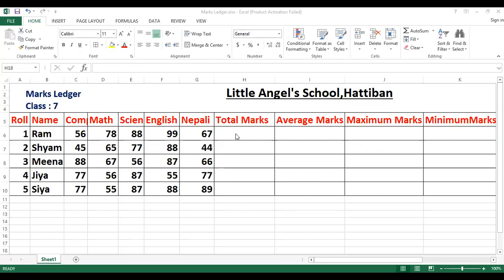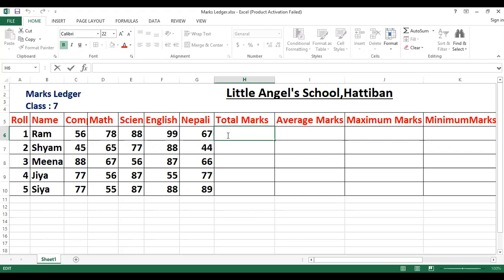Now, this is the total marks column. You can write your formula by clicking here, or you can do it in the formula bar as you wish. Ram is getting 56 in computer, math 78, science 88, English 99, and Nepali 67.